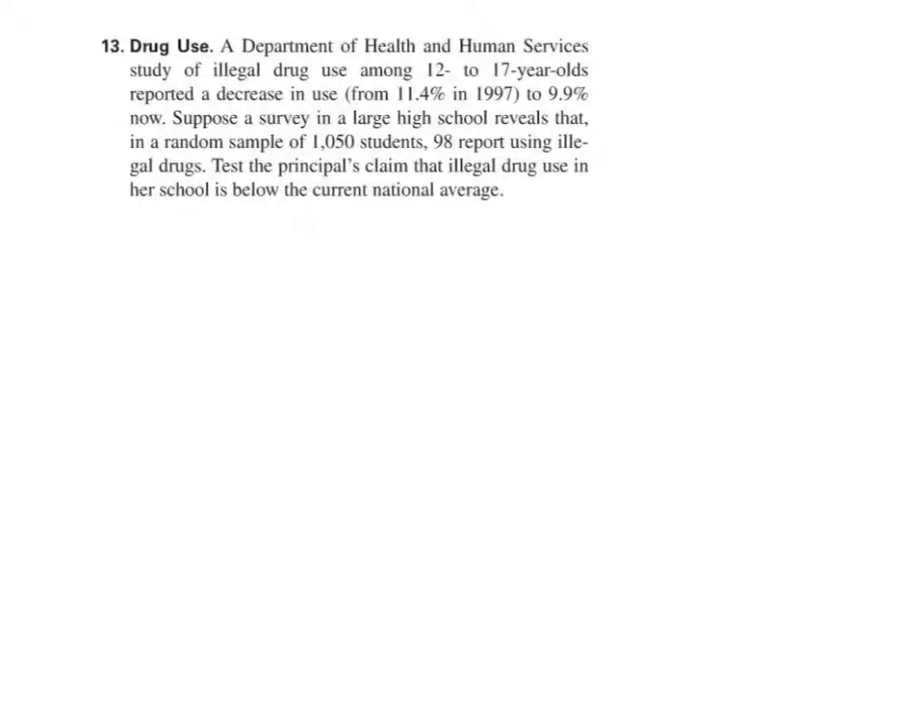So this is one from section 9.3. It's about proportions, but this is more about finding the p-value and everything. So I'm seeing that they've done some study. They said that there's been some decrease to 9.9% illegal drug use by teenagers. And then the principal's gone out and done a random sample, and of that many students, 98 reported